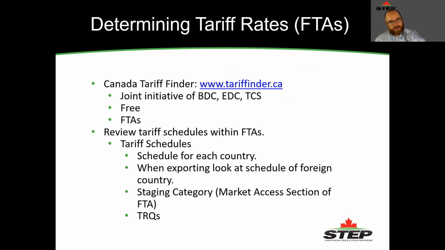The one I would recommend going to for figuring this out is the Canada Tariff Finder. That's a government website, very easy to use. It really only deals with countries that we have a free trade agreement with though, so that's one thing you want to note. You'll put in that you're exporting from Canada and going to a certain country, and they'll have a list of countries. If the country you're exporting to is not in there, then we don't have an established free trade agreement with them.